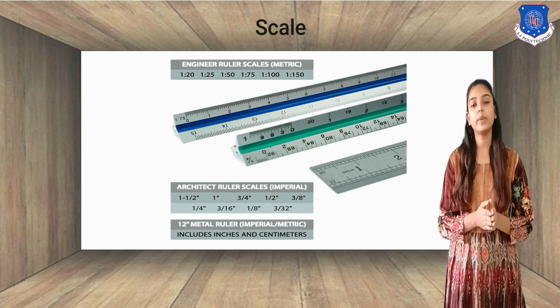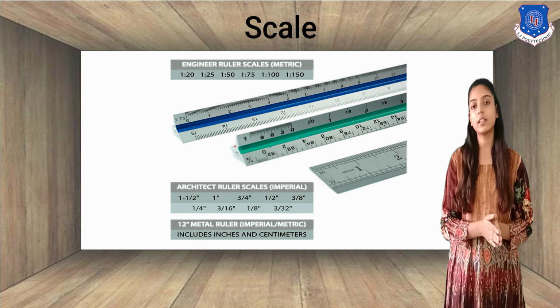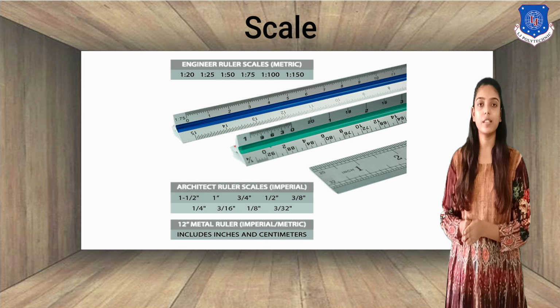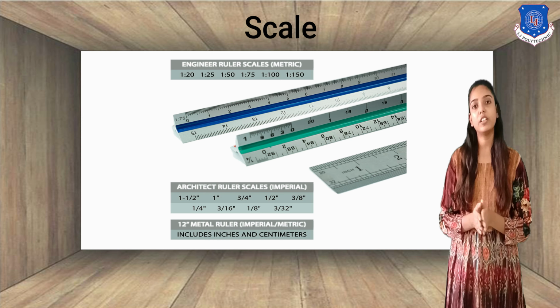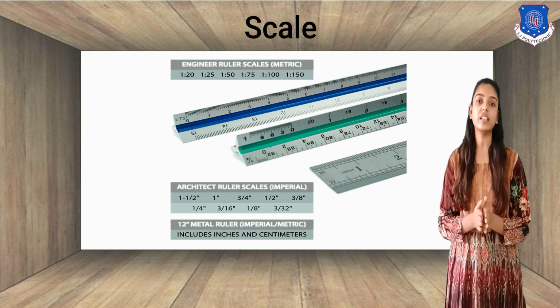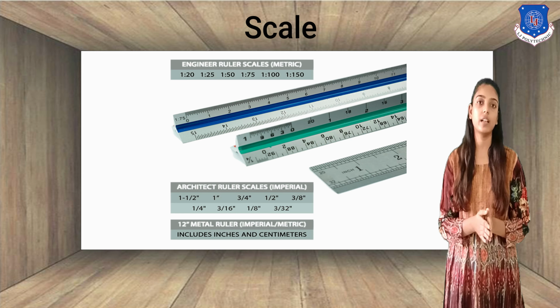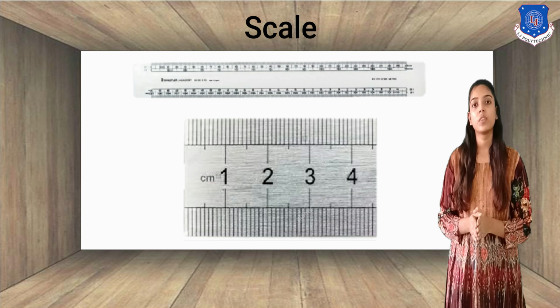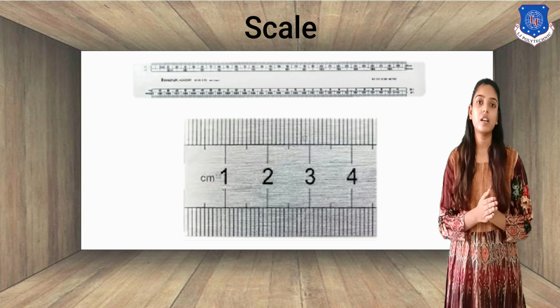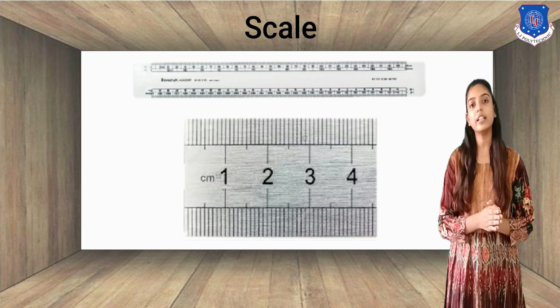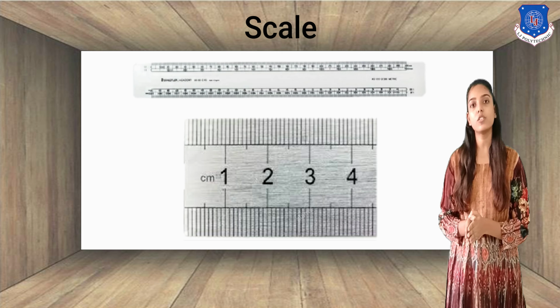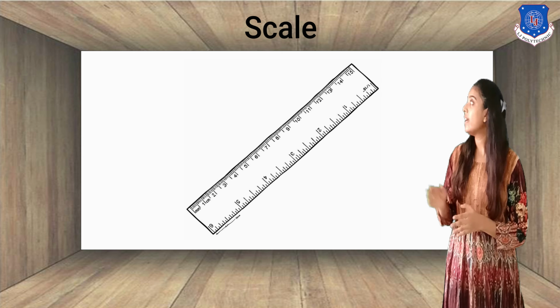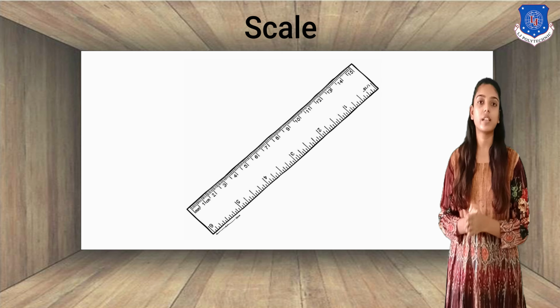Next is the scale. It is made out of steel, wood or plastic. It comes in lengths of 15 centimeters, 30 centimeters or 45 centimeters. There are different types of scales like metric scale, inch scale, engineering scale, mechanical scale, architectural scale, etc. In this scale, there are mainly two types of divisions. First is major divisions in centimeters and it is subdivided in millimeters. It is mostly used to draw an object in a particular size or scale. As you can see on the screen, a sketch of a scale.